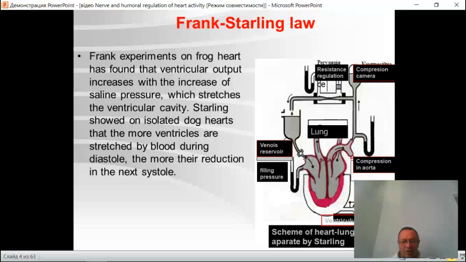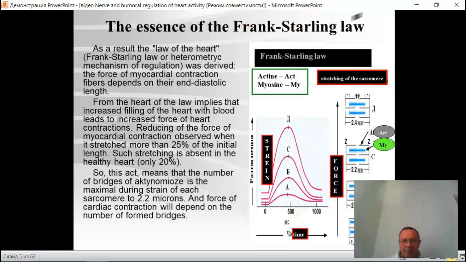On the picture you can see the scheme. The scheme shows the heart-lung preparation operated by Starling. The essence of the Frank-Starling law. As a result, the law of the heart,